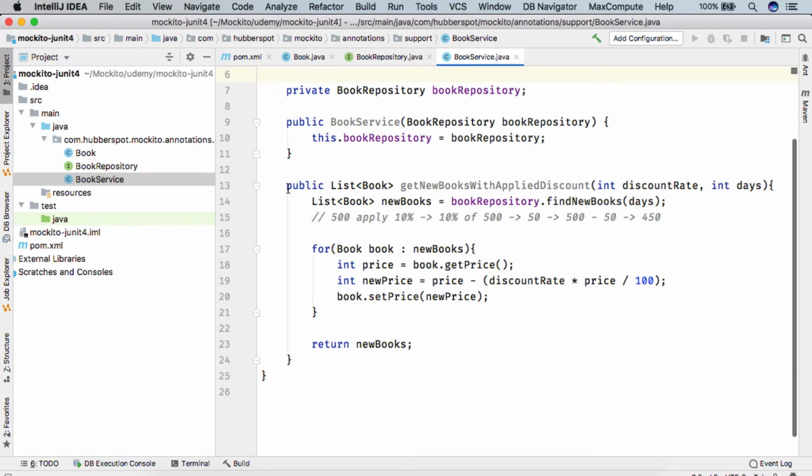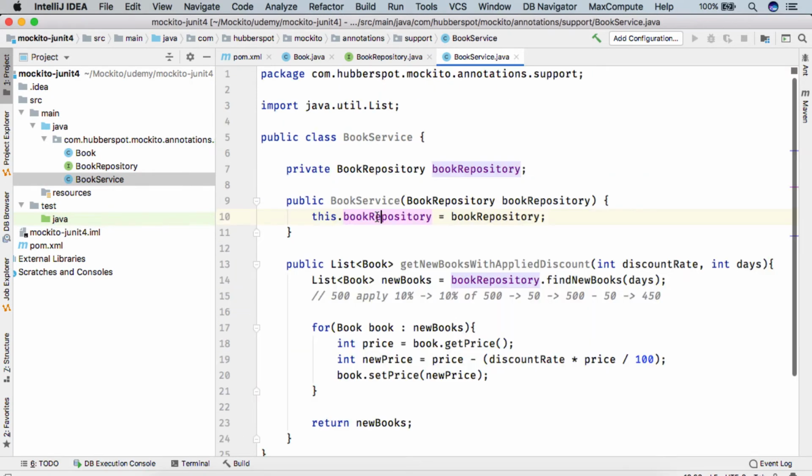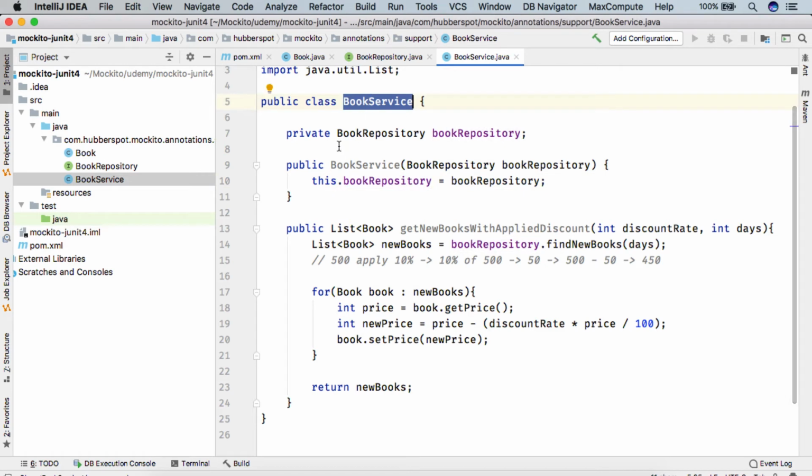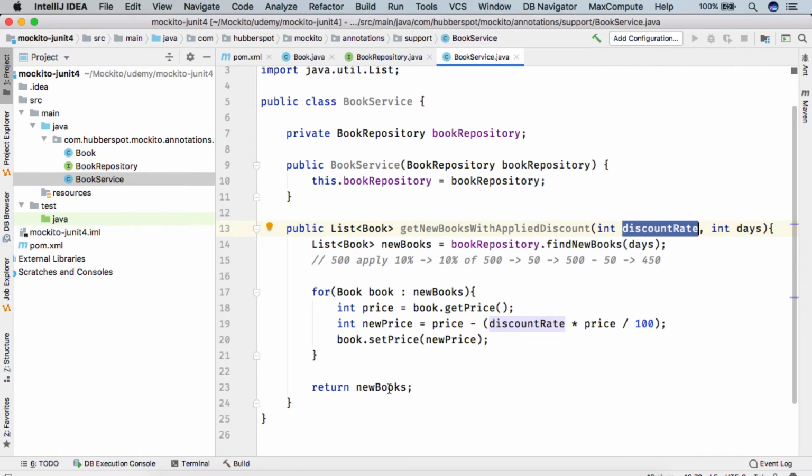So friends, here we are actually testing the getNewBooksWithAppliedDiscount method present in the BookService class, which internally uses BookRepository to get the list of new books, and then we are simply applying the discount on the new books and finally returning the list of books. This example we saw in our previous lecture.